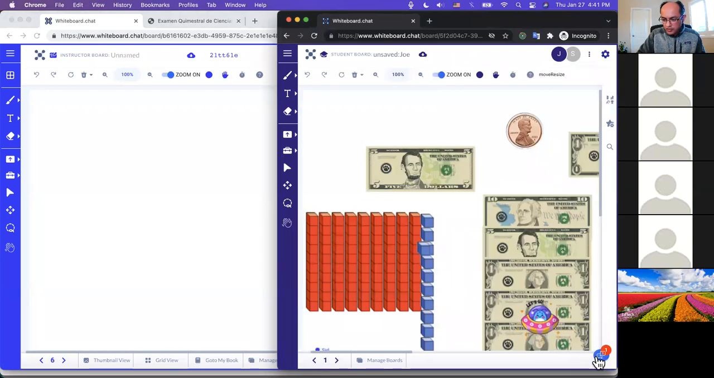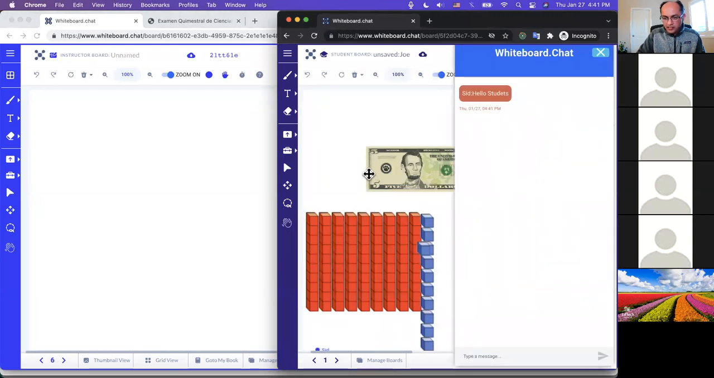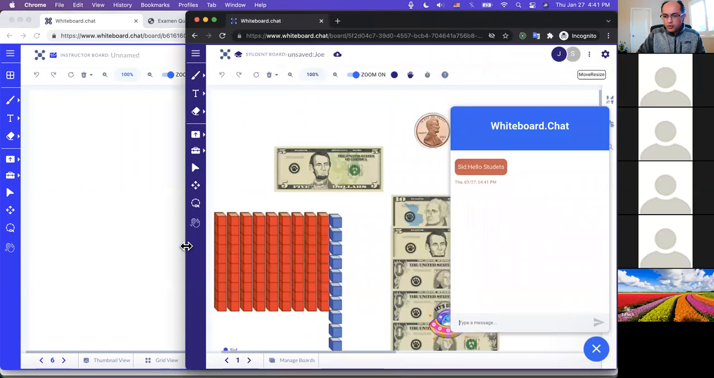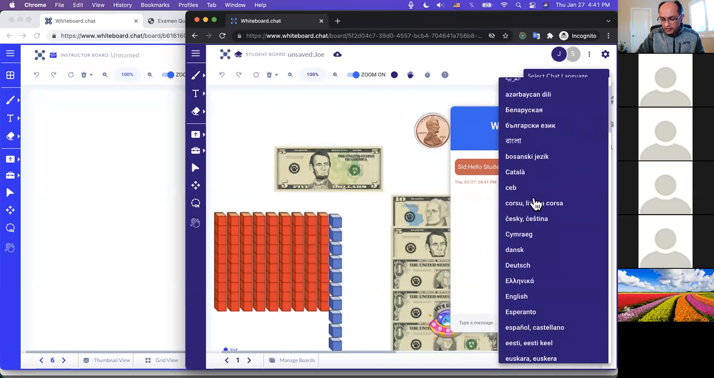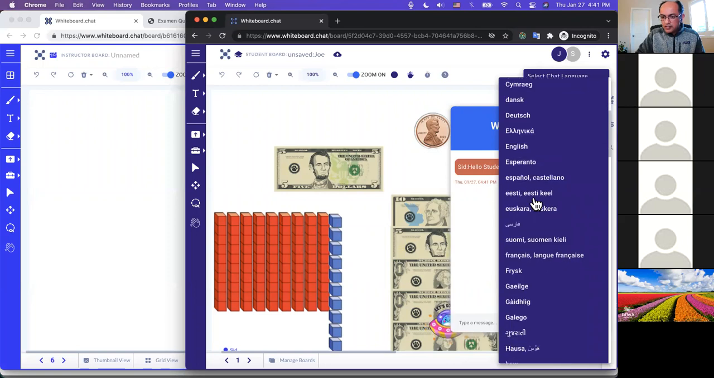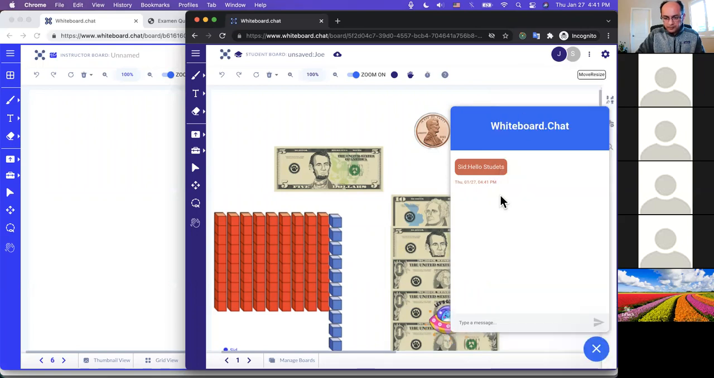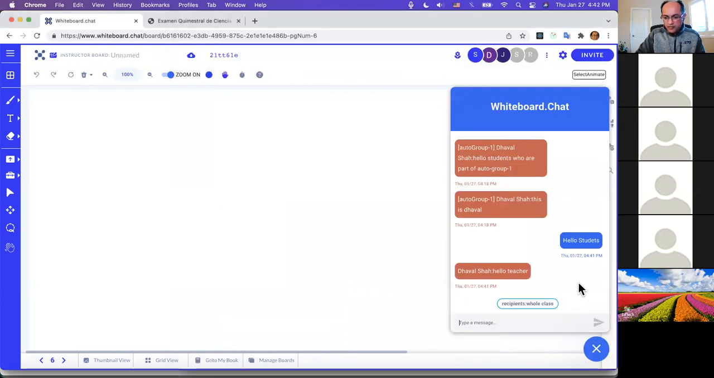And if Joe looks at his chat, right? So Joe can see that. Now, let's say Joe is more comfortable with German. So Joe can go to his board, click on the actions menu here and select a chat language. This is of course just the default. And let's say Joe picks Deutsch, right? So what happens after that is,